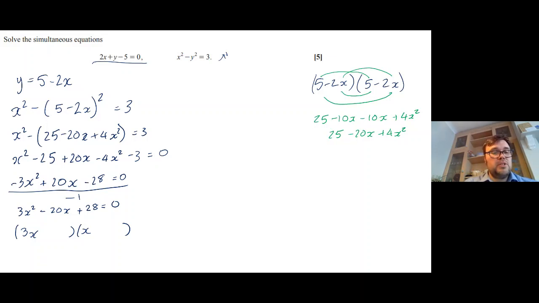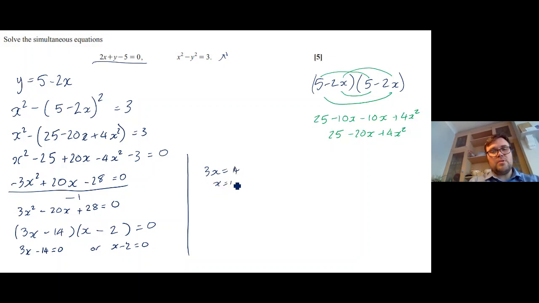14 and 2, 2 3s is 6 plus the 14, so that would work for me. So that's going to be minus 2 there, and this is equal to 0. So then 3x minus 14 is equal to 0, or x minus 2 is equal to 0. I put a line so that you can see that it's distinguished from it. So then 3x equals 14, x equals 14 over 3, or x minus 2 is equal to 0, so x